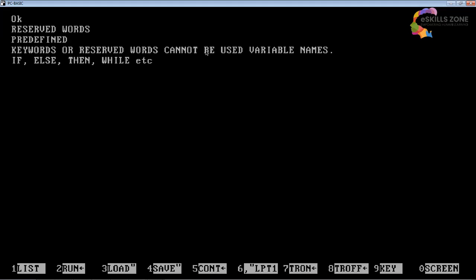The next topic we are going to learn today is variables. First we need to know what variables are. You have just noticed that reserved words or keywords cannot be used as variable names. Now we're going to learn variables. First we will understand the definition. Variables are named memory locations, memory cells,